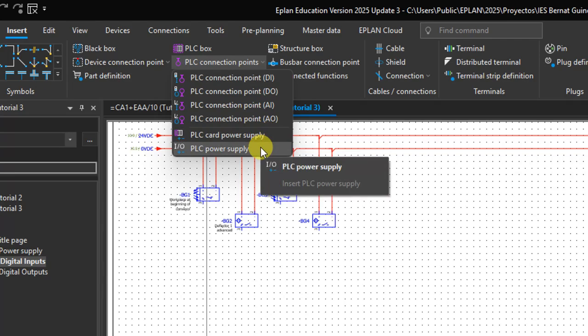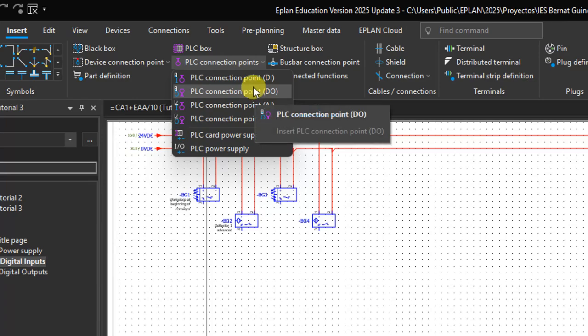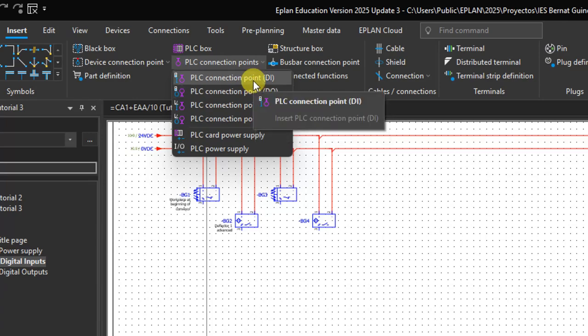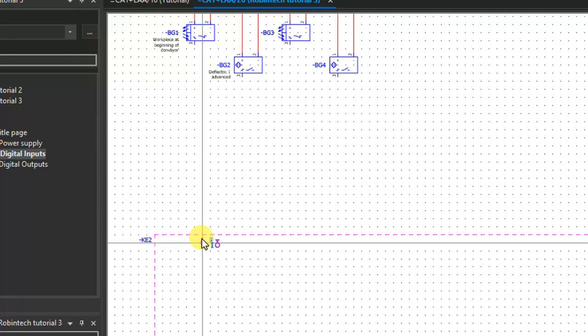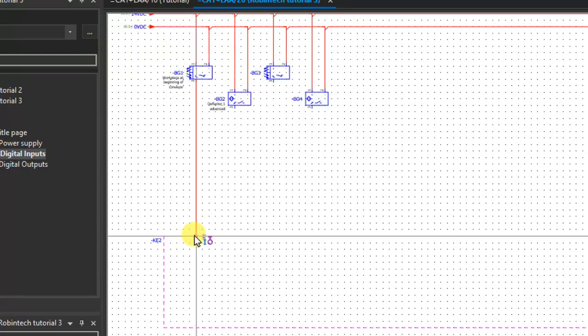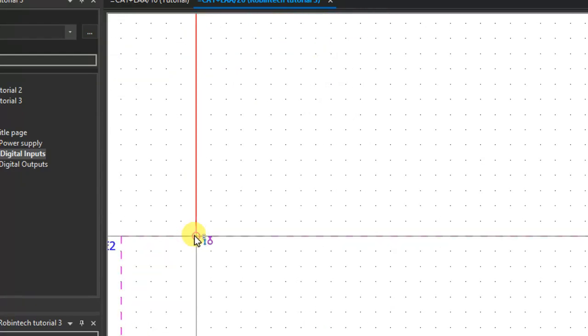In case we have a common input or we have outputs, we will have to use these ones here. In my case, I'm going to draw a digital input